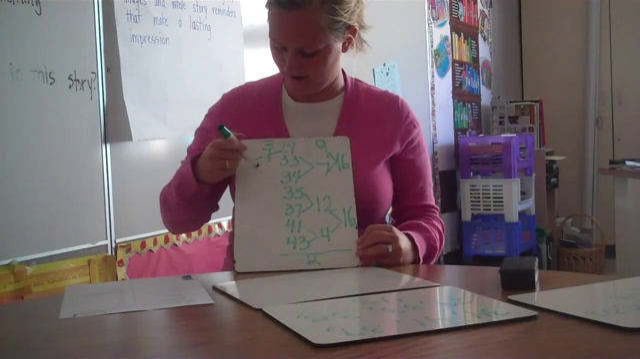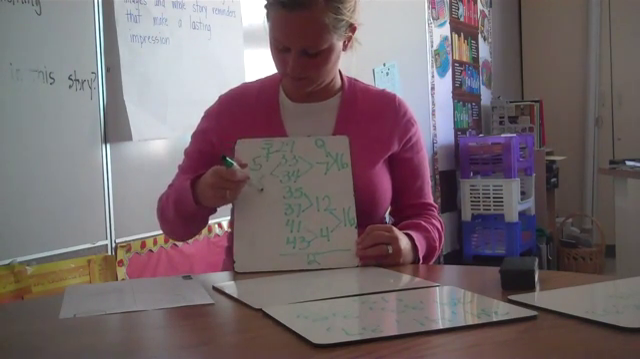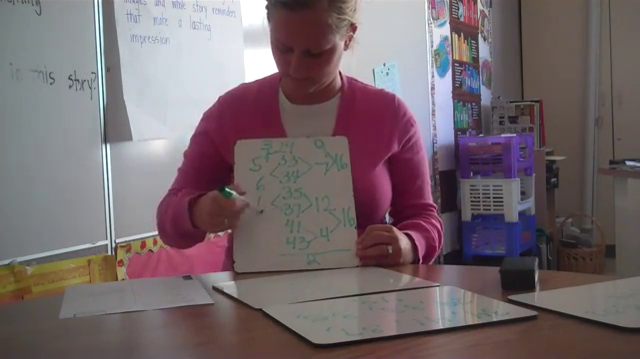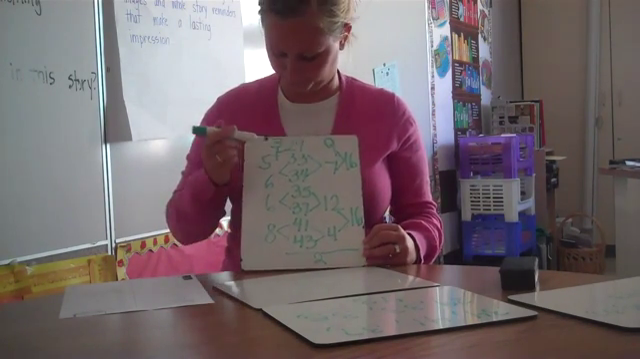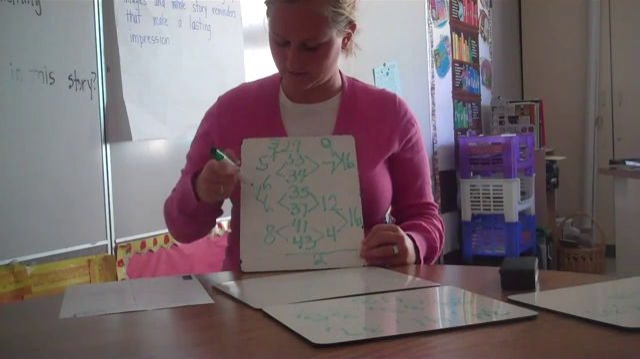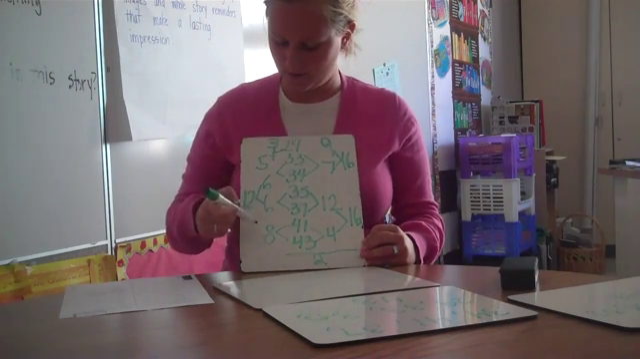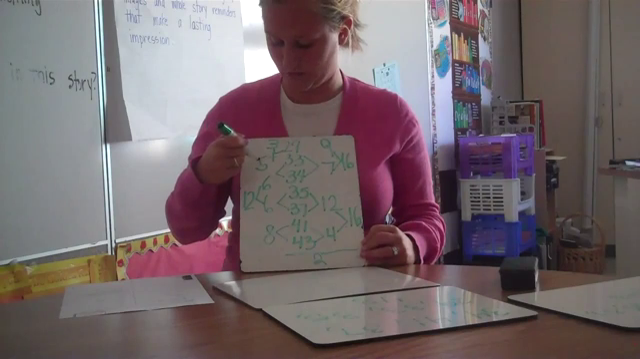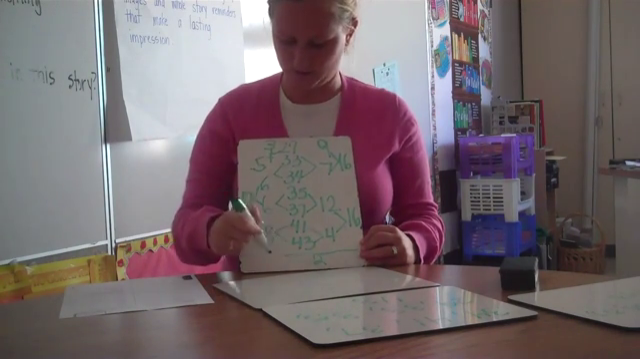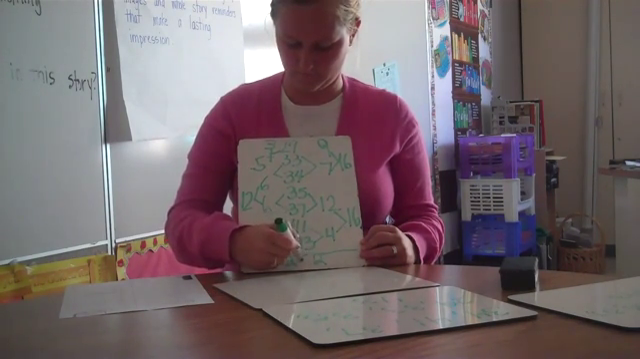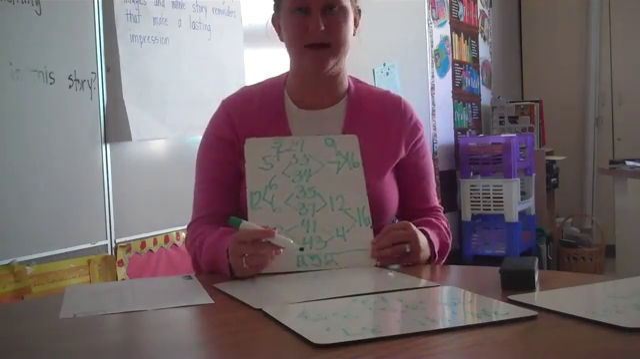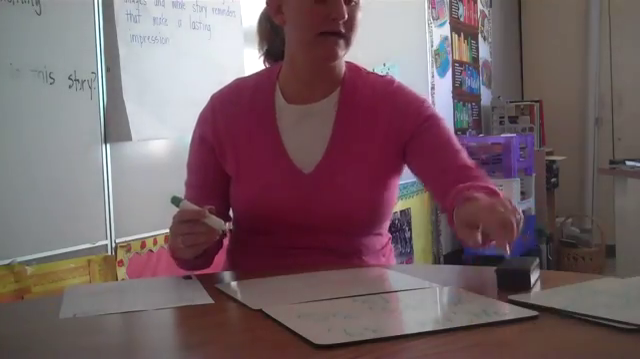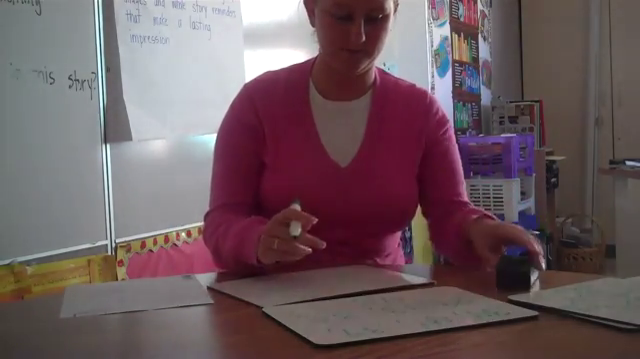This is 5, 6, 6, and 8. Okay, so 6 and 6 is 12. 12 plus 8, well, that's 20, plus 5, 25. Okay, so we have 252 when we add up. Okay, once I add up, I'm going to take that